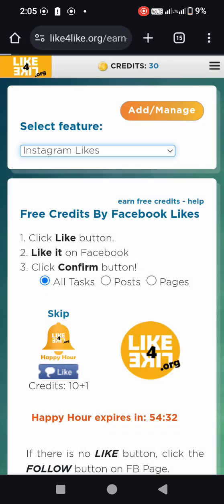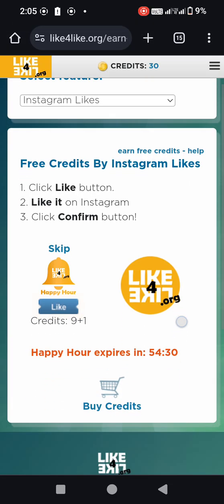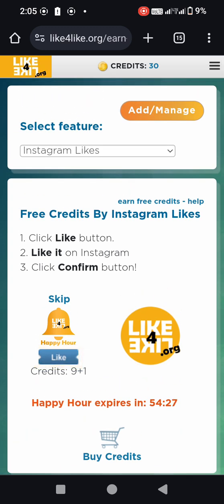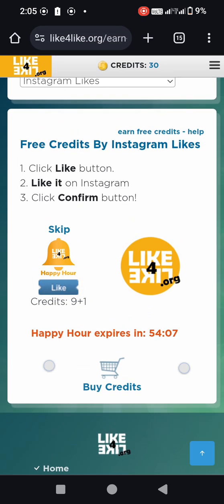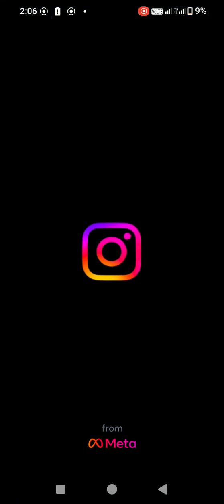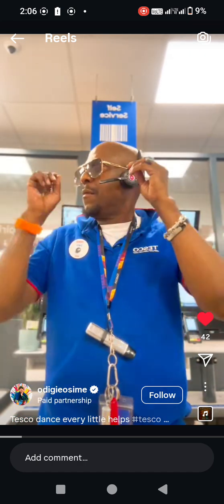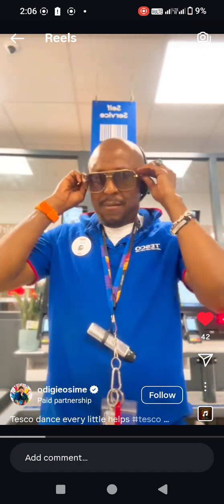Either you want to like on Instagram, so you select it here, the task you want to perform. So you see credits plus, click like button, like it on Instagram, click confirm button. So when you click this confirm, you see the time, happy hour expires. So it can expire. So click on this happy hour, it will take you to Instagram, because now Instagram you selected. So it will show you the list that you have to go and click on it. You see, I like